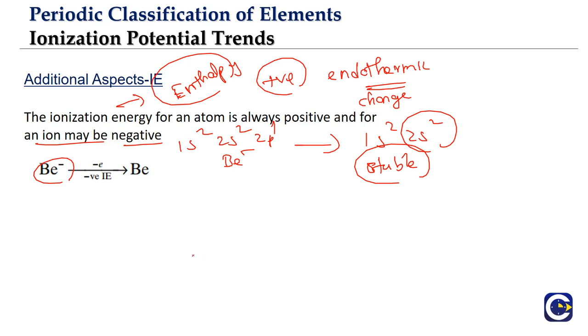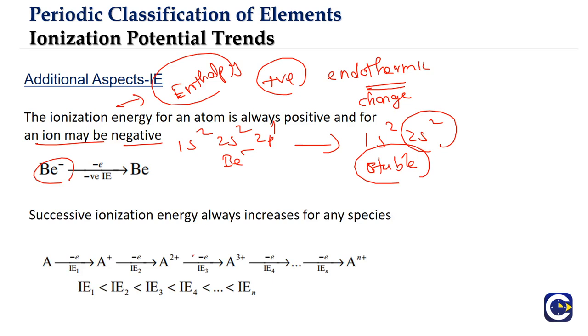It is not always like for atoms, where if you want to remove an electron, we have to supply energy. But for some ions, when you are removing electrons, especially examples like this, energy may be released also, which means for those processes, the enthalpy change will be taken as negative.